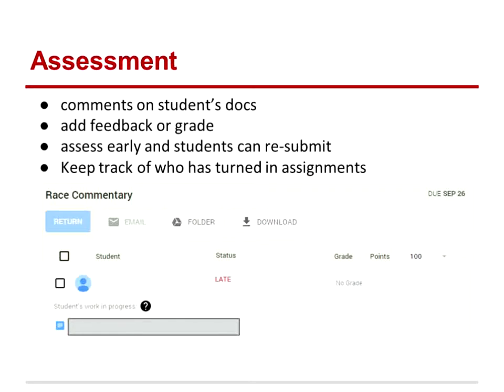Now, once you've assessed and once you actually get an assignment, there's a section that you can go to. You click on the assignment when it's completed. It will tell you, for example, here, this particular student, their assignment is late. You can assign a point value to the assignments, but I find there are only 3 options you have: either out of 100, or out of 20, which I don't understand that system, or out of 10. So I usually left this blank, to be honest with you. I didn't put any grade.